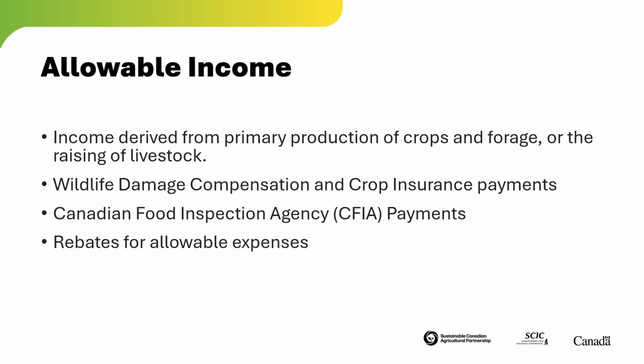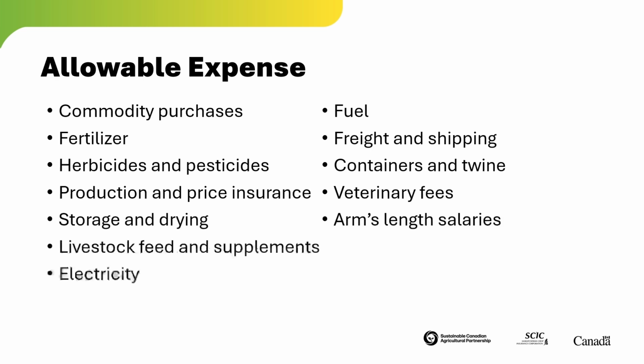Now, note if you receive payments from other programs like private hail insurance or Global Ag Risk Solutions, any benefit from those programs is not allowable income, but we will accept the premium expense for those programs as an allowable expense. And on the expense side of things,